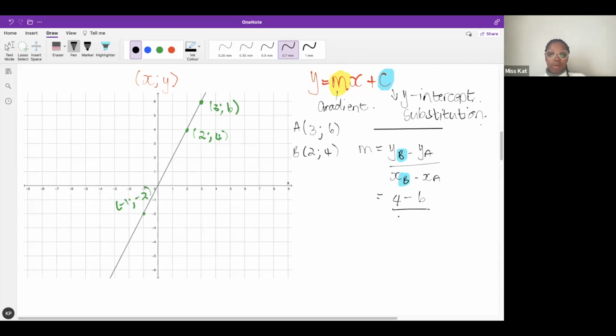Six divided by, what is the x coordinate for B? Thank you. 2 minus the x coordinate for A, 3. Okay, equals. Now we just simplify. What's 4 minus 6? 4 minus 6. What's 4 minus 6, beautiful people? It's not 2. Thank you. Negative 2 over 2 minus 3 is